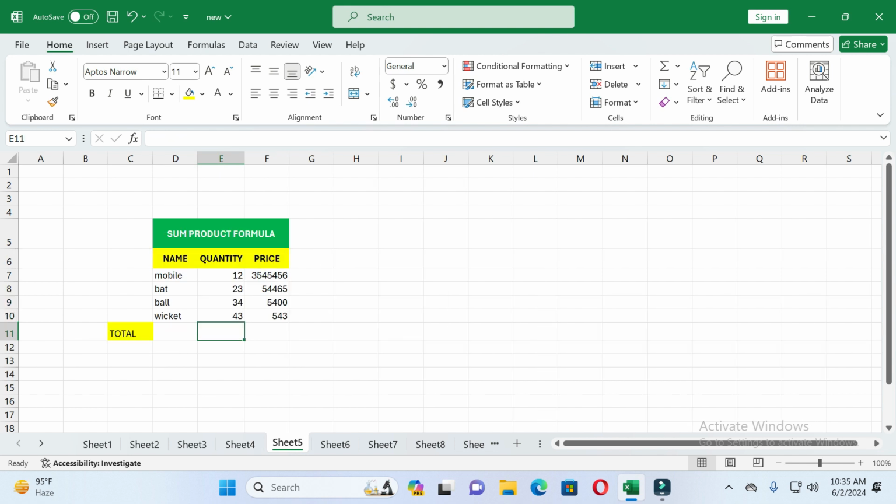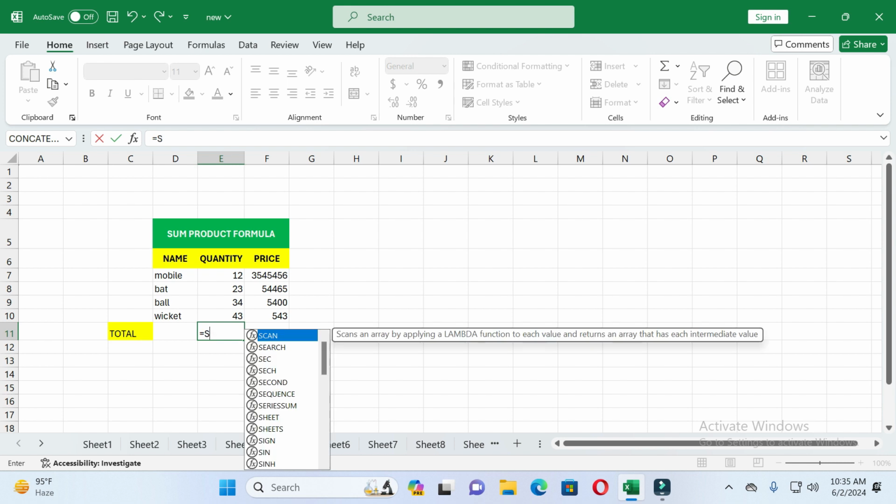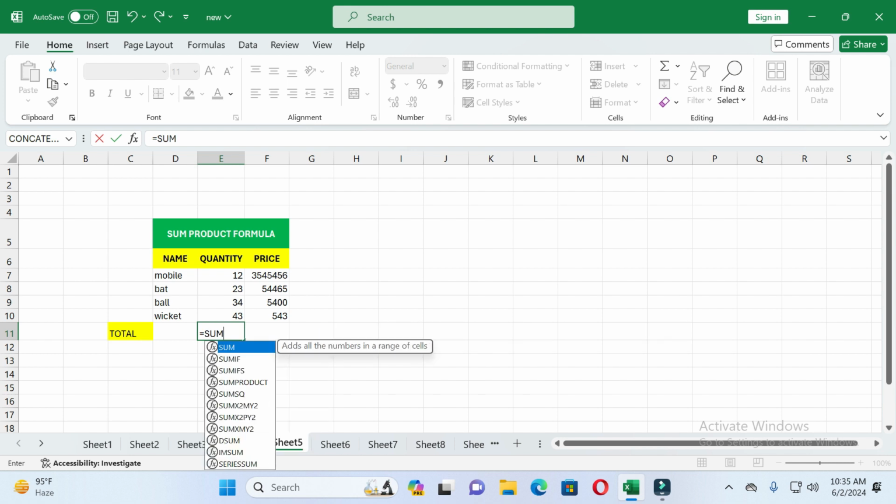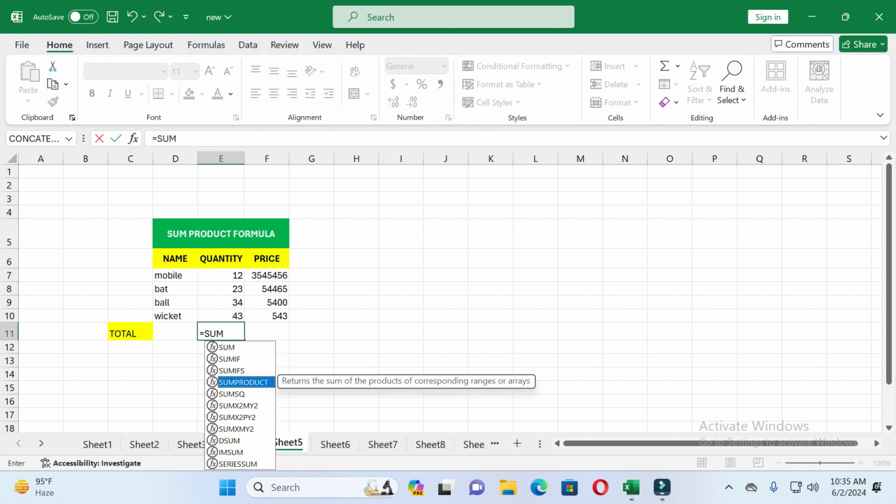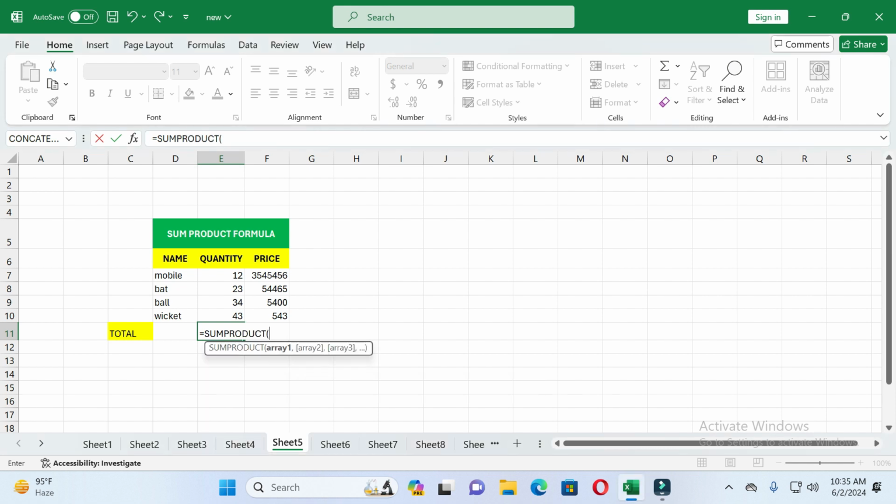And fifth formula is the sum product formula. This formula is used when we have some quantity with price and we want to calculate total values. So by this formula you can easily do this. So write equal and sum product. So you can see sum product. So click on it and then press tab button and then select the quantities